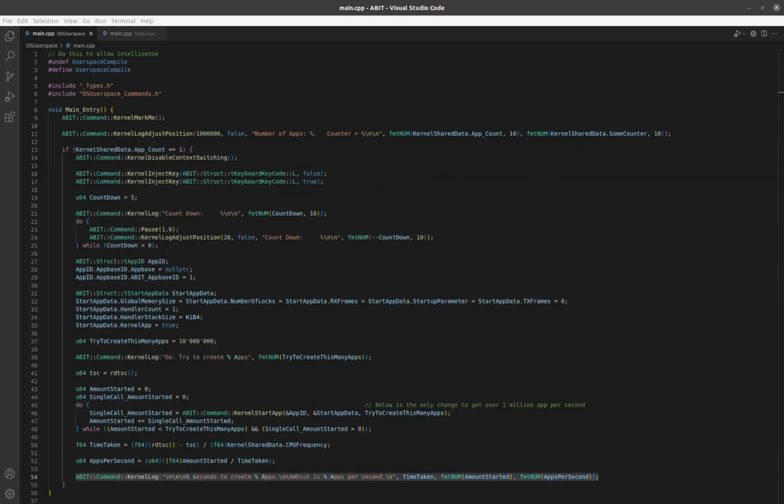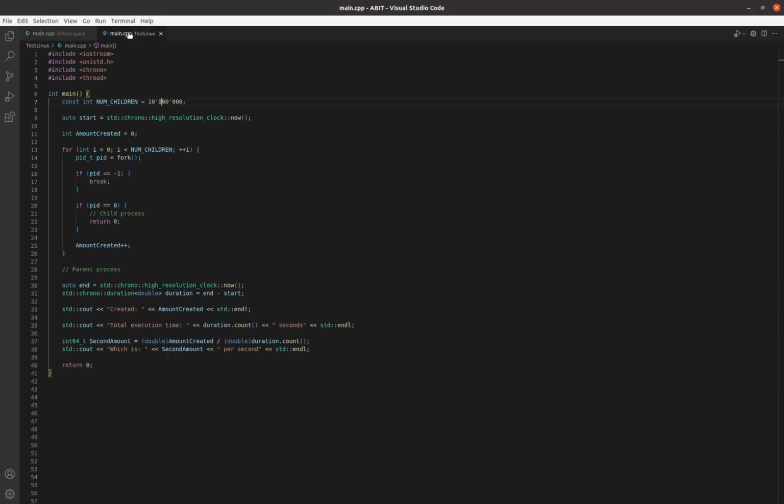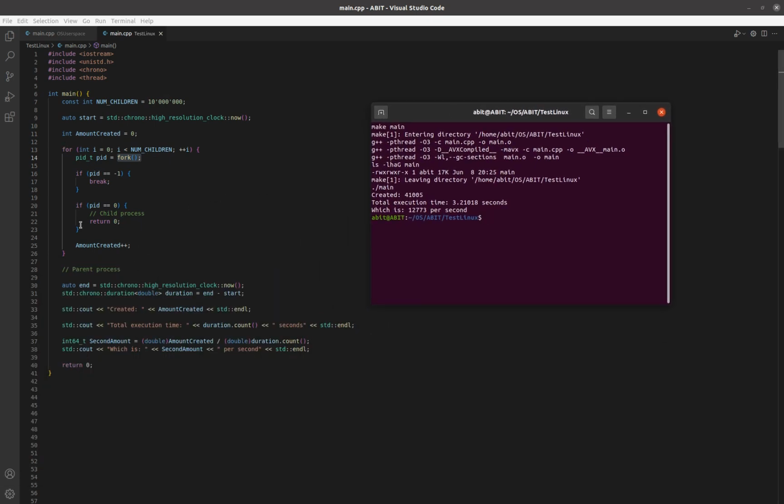So what we'll do is we'll come in here, and I've also got some Linux code to test Linux. So here we have the Linux code. And I'm just using the simple fork command, if you can follow my cursor. And I'm asking for the same thing. I understand this is slightly different, it's in a for loop, and I'll do that with mine shortly. So we start it up, and off it goes. Linux created roughly 40,000, it took 3.5 seconds,